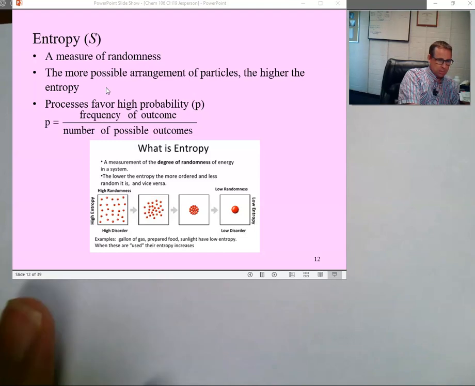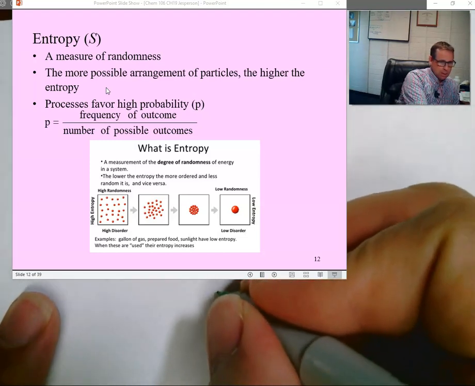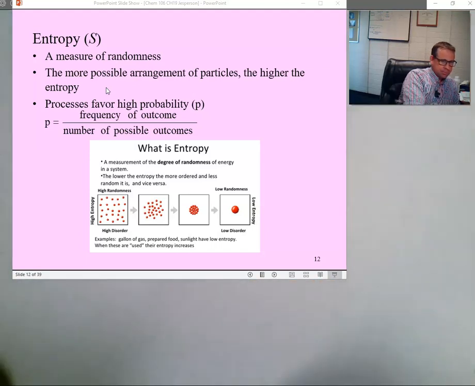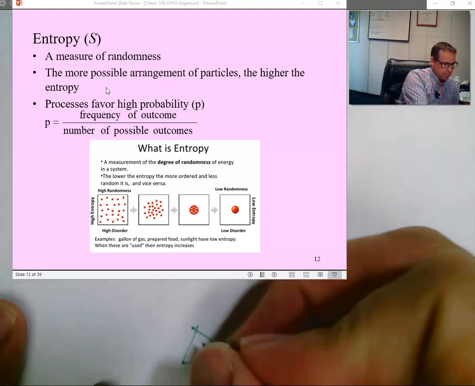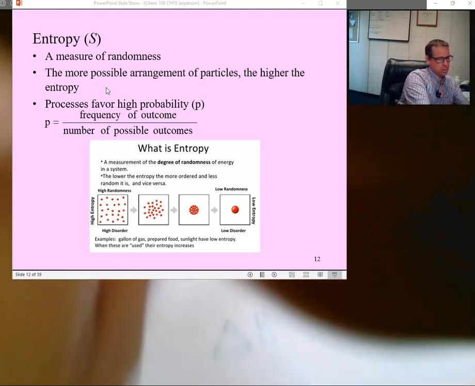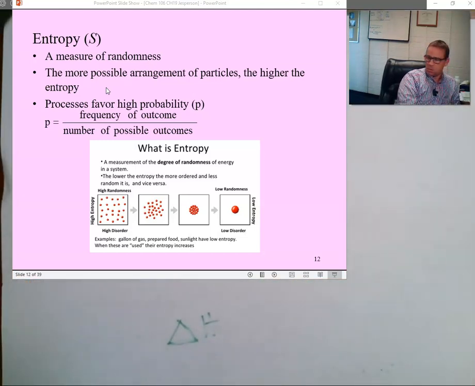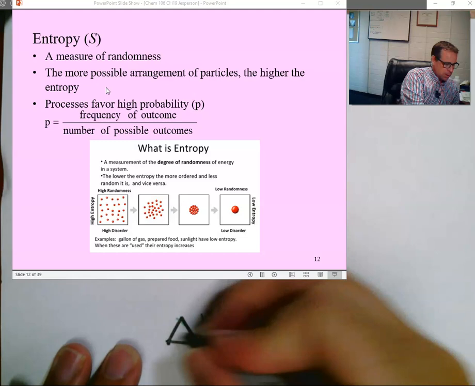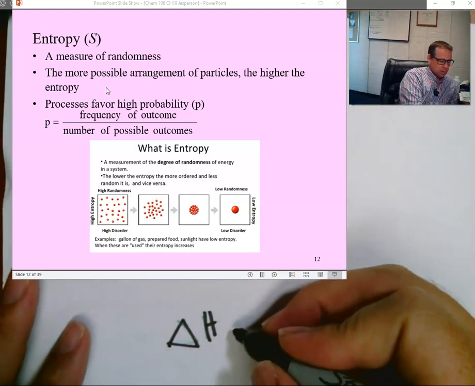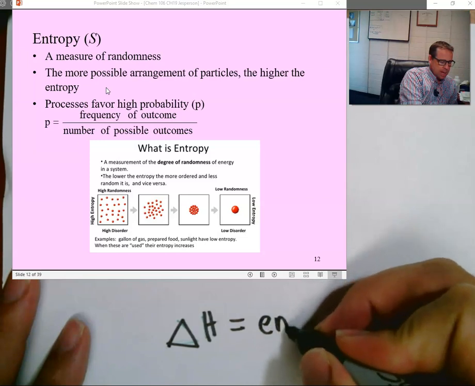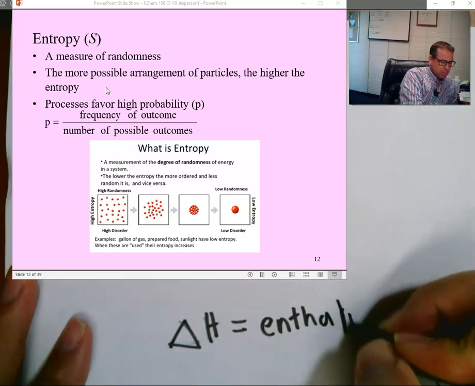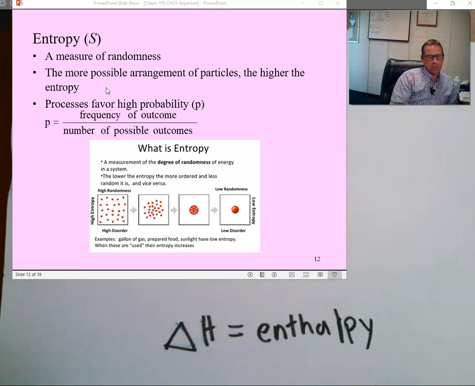Now, delta H, which we've talked a lot about in the past, right? Delta H is also known as enthalpy. Enthalpy. Now, this is not enthalpy here. This is entropy. And usually at this point in your scientific career, you've heard or been introduced to entropy